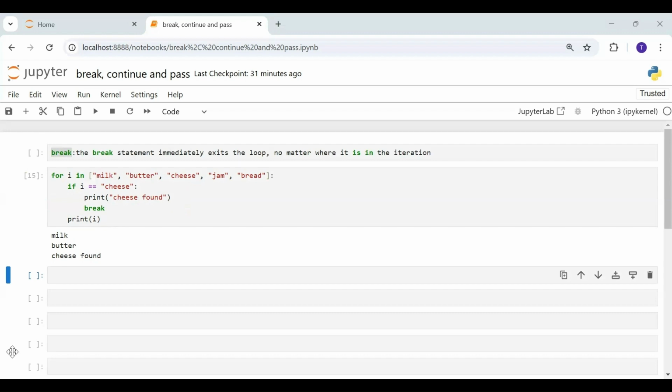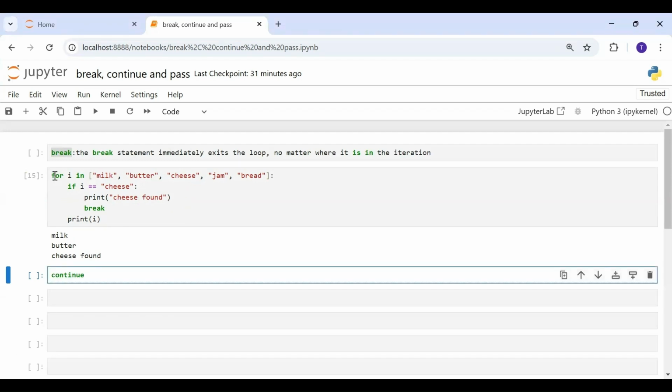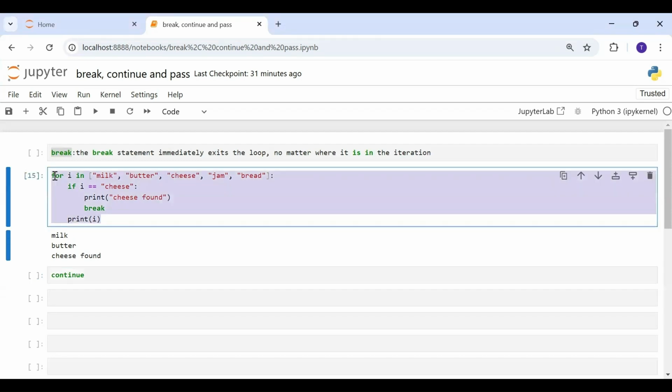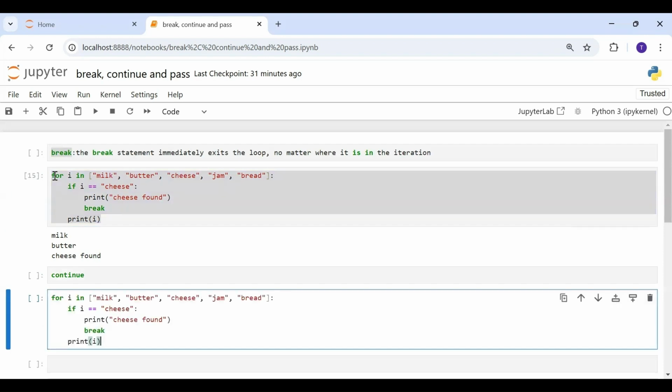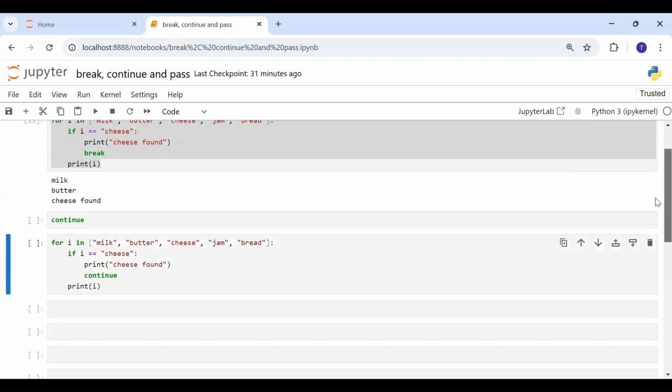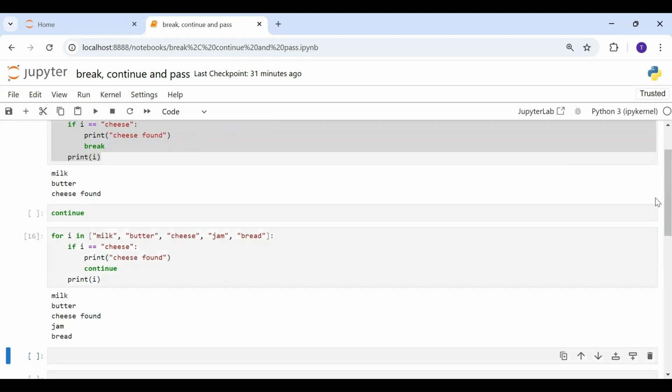Now let's understand continue next. So we'll take the same code and change the break here to continue, and let's see how the output differs. So let's go ahead and run it. Now what is happening here? When we say